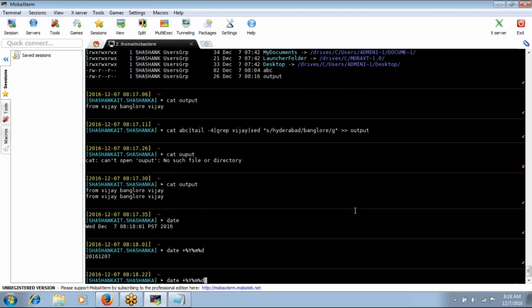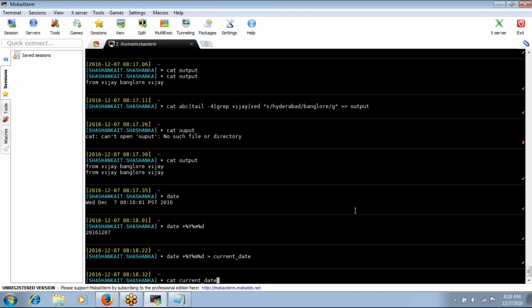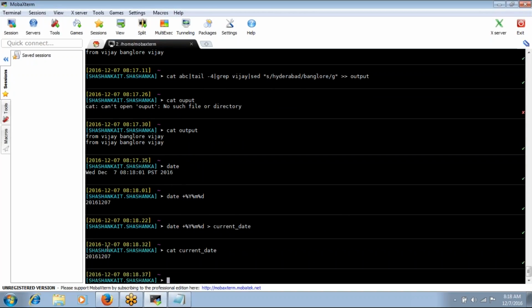This is my output, and I write this output into a file, say current_date. If you open current_date, every time it has today's date. I am converting the date to this format, and that output I am storing into some file.